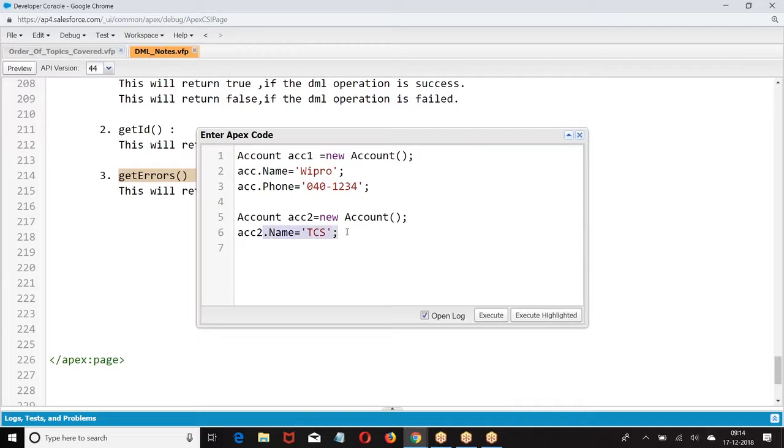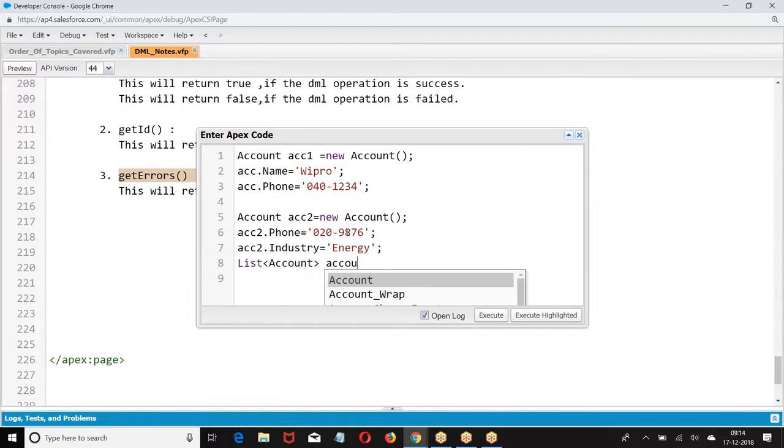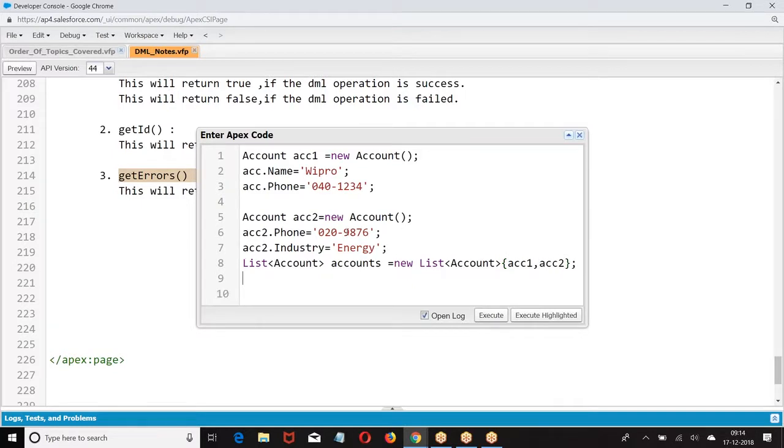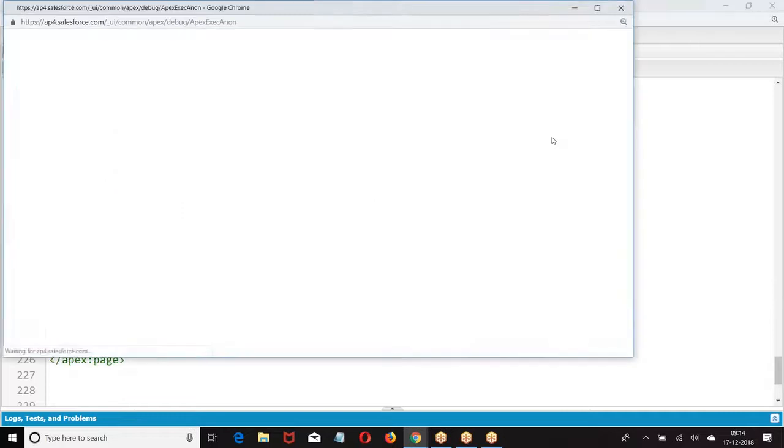Now I give, then we are giving the DML operation. Let us take this.